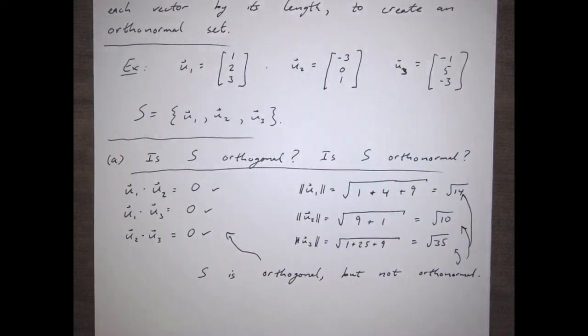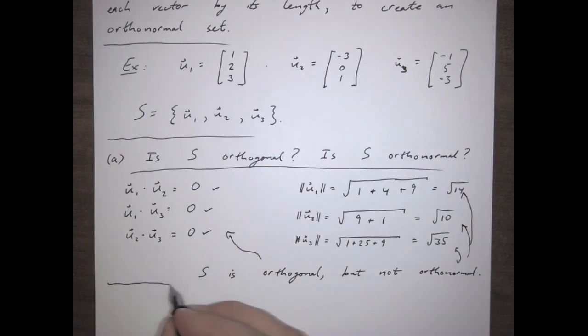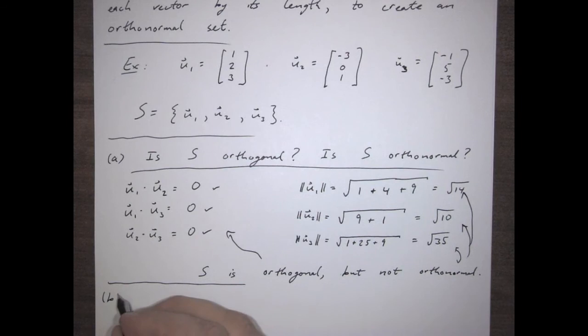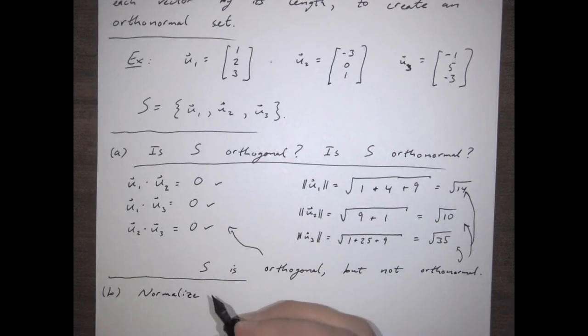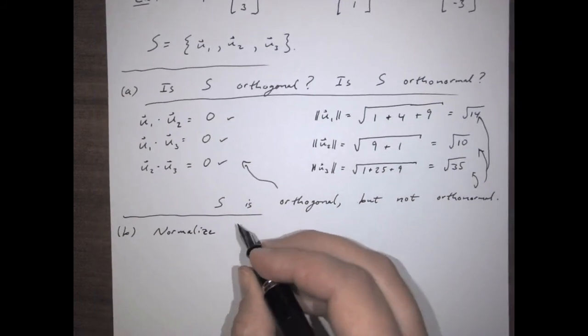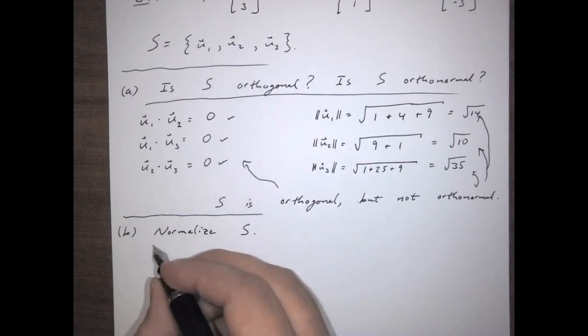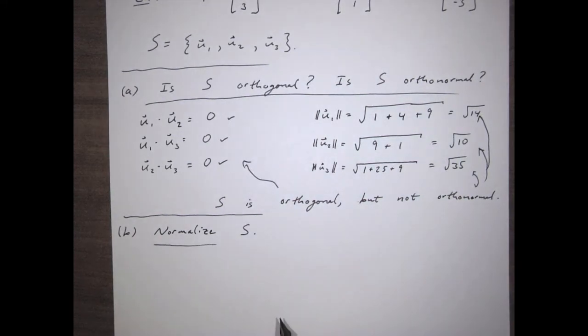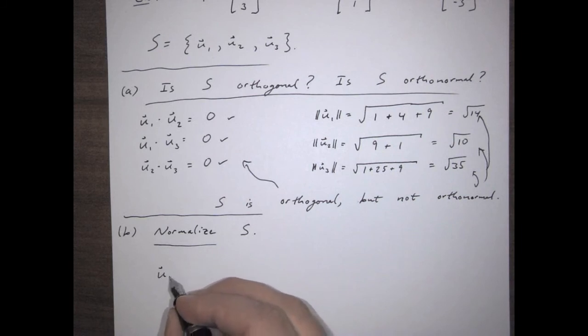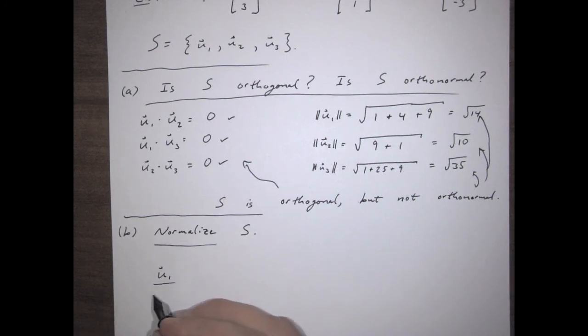So this answered the orthogonal part, but it's not orthonormal. All right, part B: normalize S. So in other words, create a new collection of vectors where we make unit vectors out of each of these. So u1 divided by the magnitude of u1